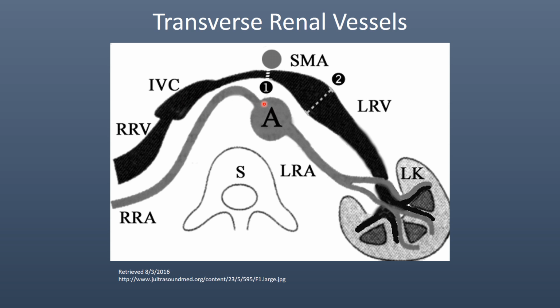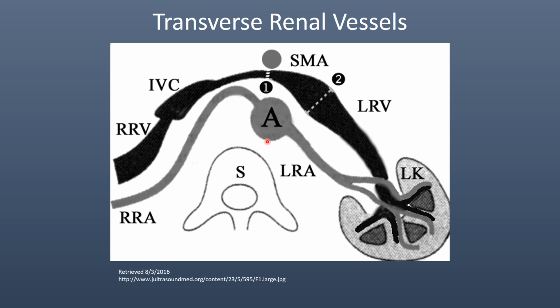Now, here we have the aorta in transverse. It is posterior to the SMA and the left renal vein, and it is anterior to the vertebral body. So we've got the aorta, and we see the left renal artery as it courses to the left kidney, and